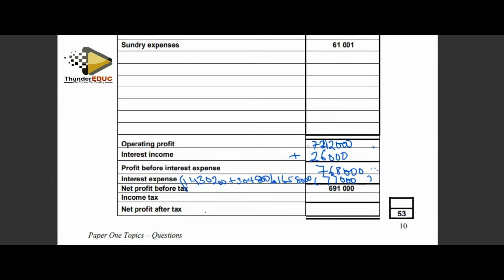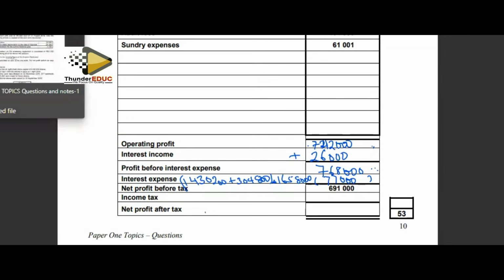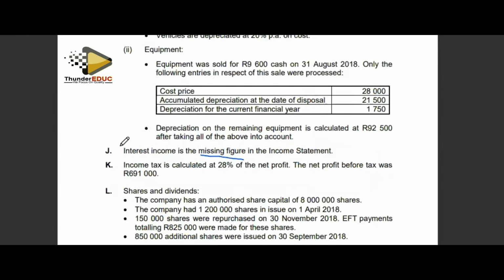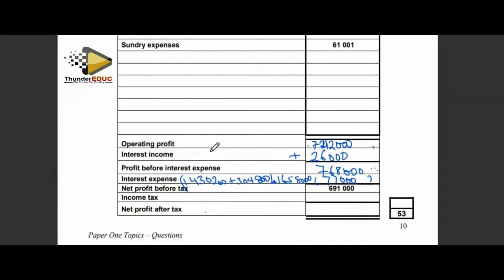Income tax expense. I don't know if it was given, but let's look at K here. Income tax is calculated at 28% of the net profit. The net profit before tax was 69,691,000. So to get the income tax expense, we are going to say,